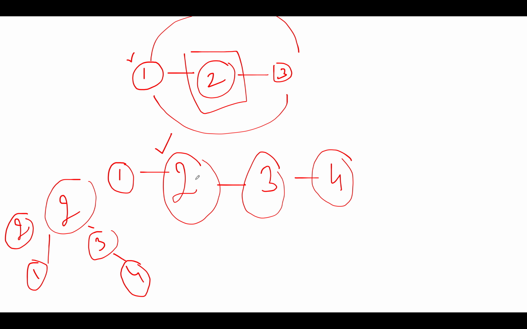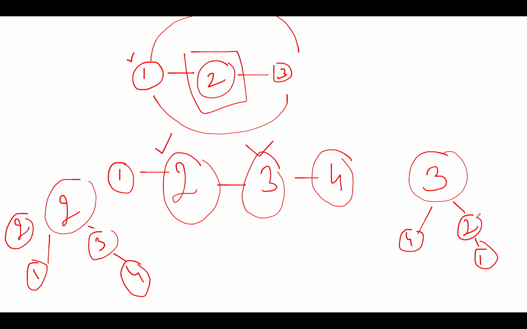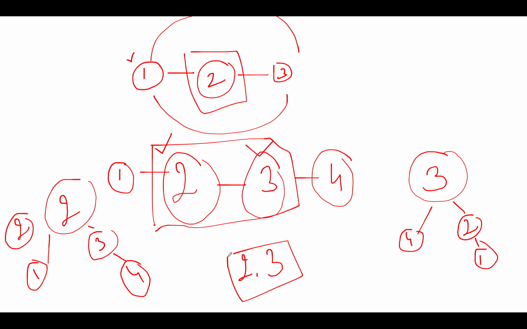Let's again take a case where we are taking 3 as a root. So we have 3 here, we have 4 here, we have 2 here, we have 1 here. And again the height of the system becomes equal to 2. So for those cases where we have an even number of nodes, there is a possibility that more than one root exists that will lead to the minimum height tree. And for this case, the answer becomes equal to 2, 3. Both the contenders are valid and both of them will lead to the minimum height trees.